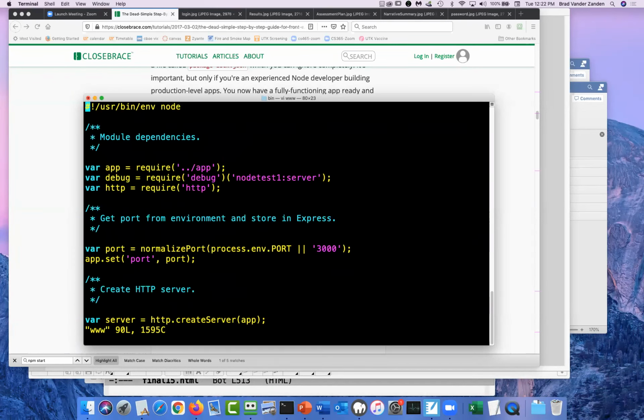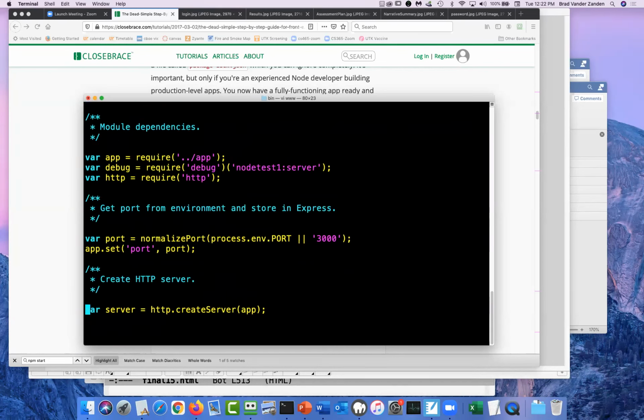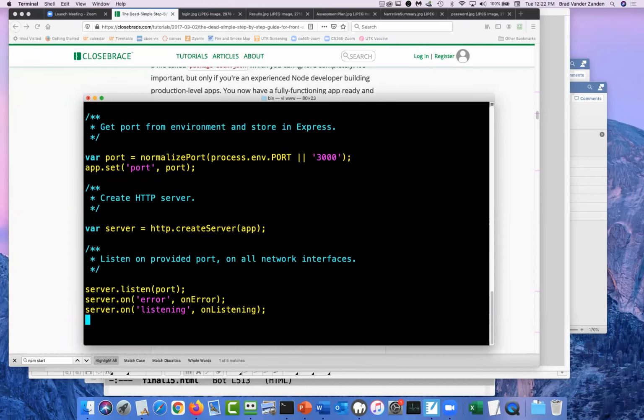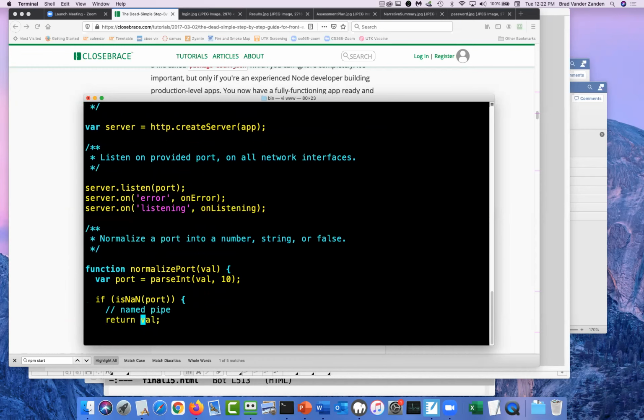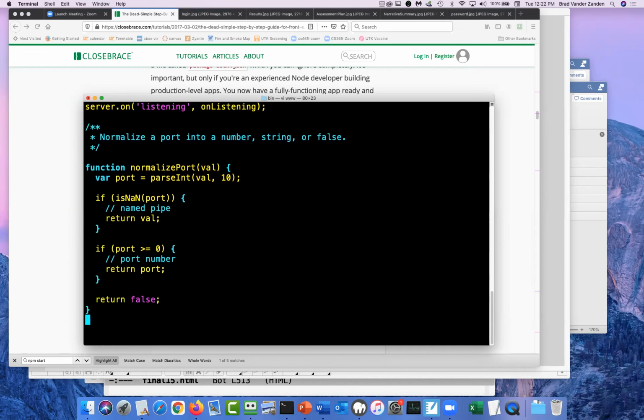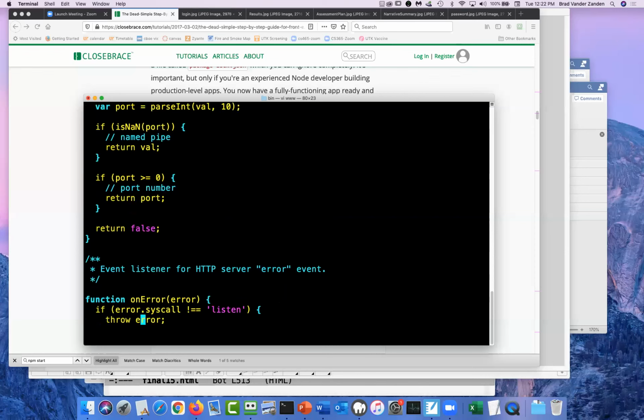And that's where it gets nasty, and it's why you're using Express. So for example, it's setting the port that you are listening on. It's creating a server, and it's listening on the port and doing some stuff with errors and on listening events. And you can see this is just stuff you don't want to have to deal with.